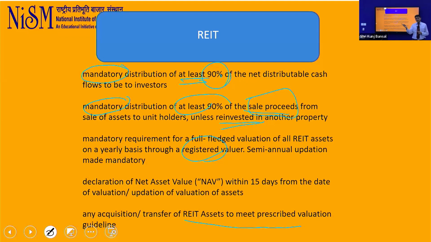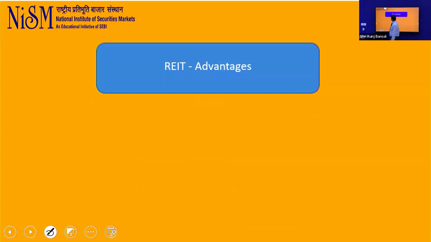And you have to decide which asset classes you want to take exposure to. REIT, you should take exposure only if you want to take exposure to real estate. If you want gold, you have either physical gold, gold bonds of Government of India, or gold ETF. You want equity, you have direct shares, mutual funds, and many other products. You want debt, you have debt mutual funds, fixed deposits of banks, fixed deposits of companies, corporates, RBI bonds, and things like that. So that's the point. These are some of the points that I wanted to say about REIT.